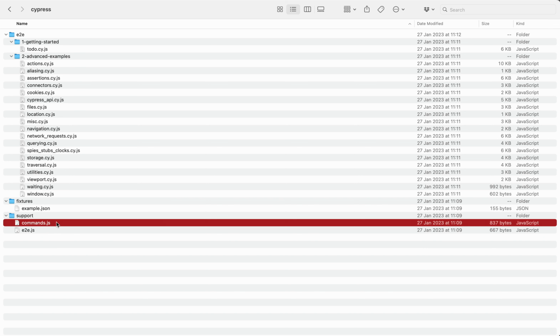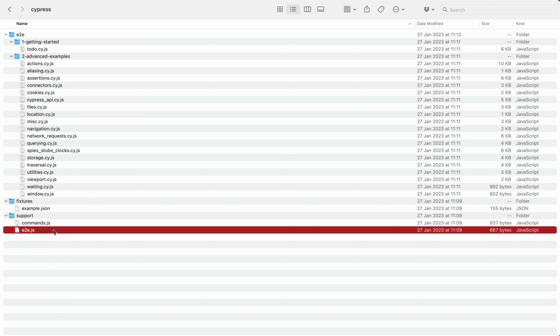The commands file gets around that because you can write all of your steps required for logging in within here, and then each one of these test files or your spec files as part of your before or before each will call your login step. So you're only changing it once here, and all of these tests will refer to this commands file and run just as it did before.